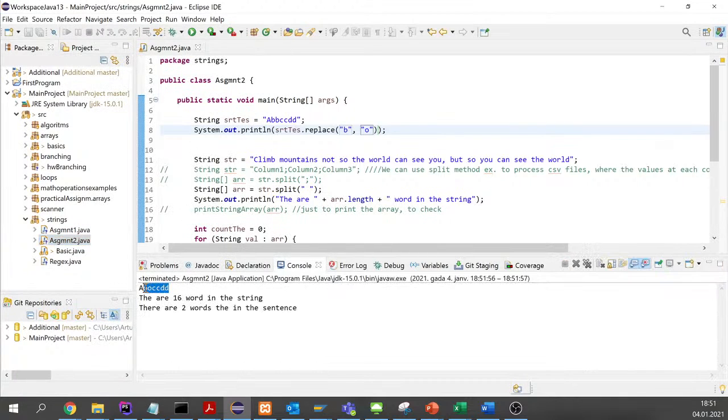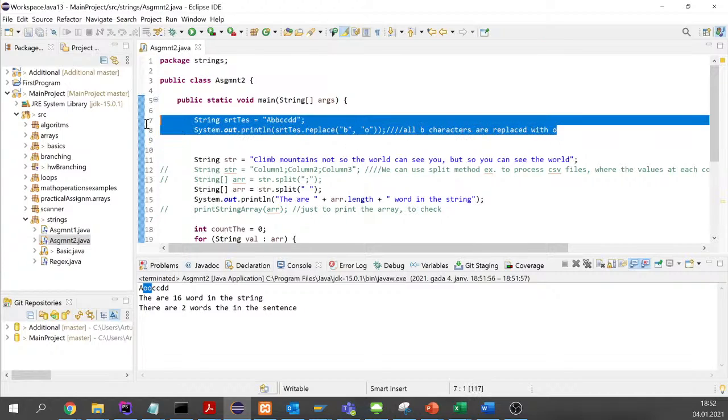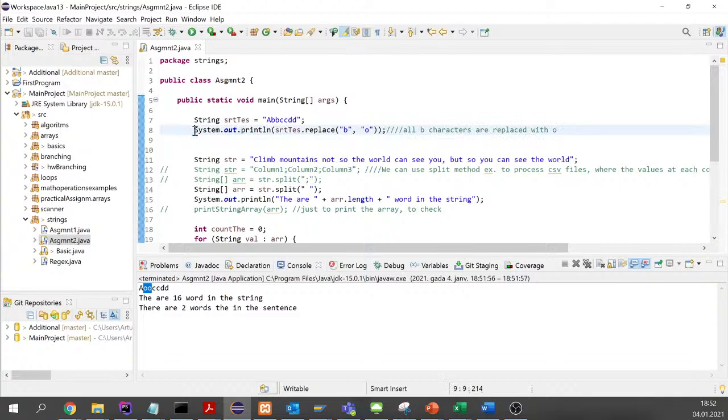Yeah, we can see that B's are replaced with O's. Characters are replaced with O. Yeah, and let's just keep the same,